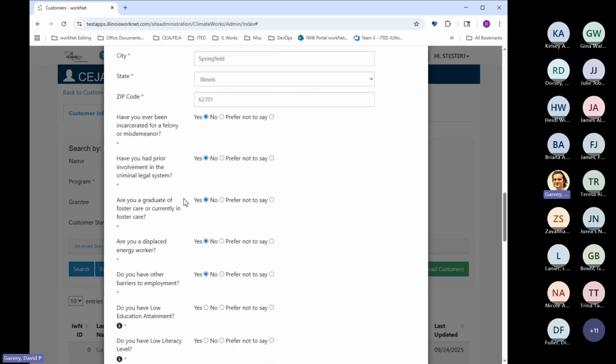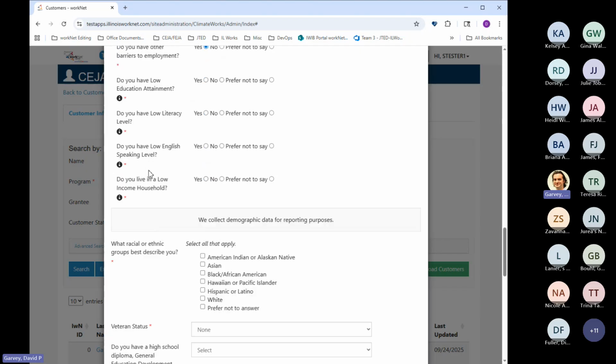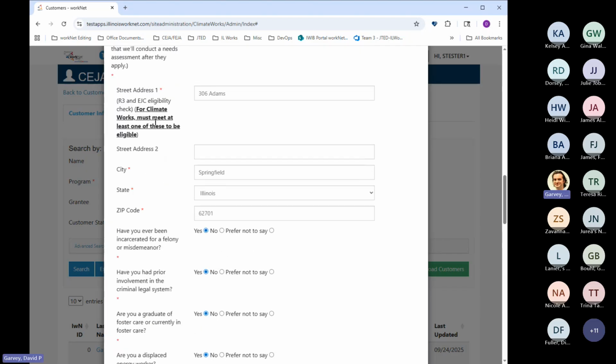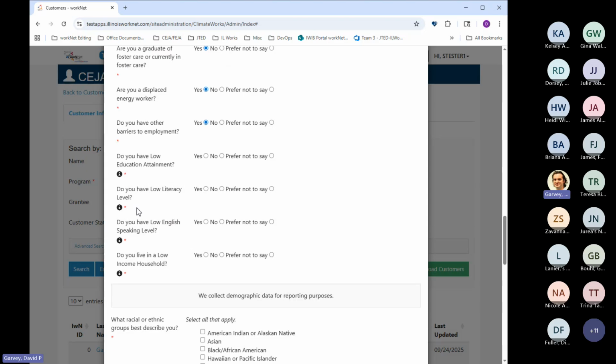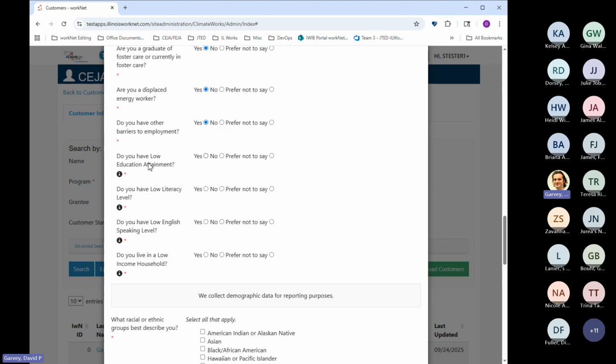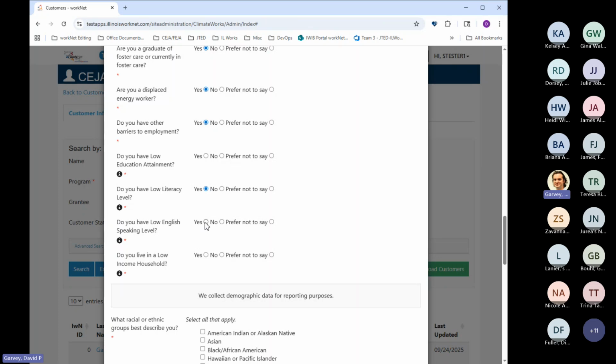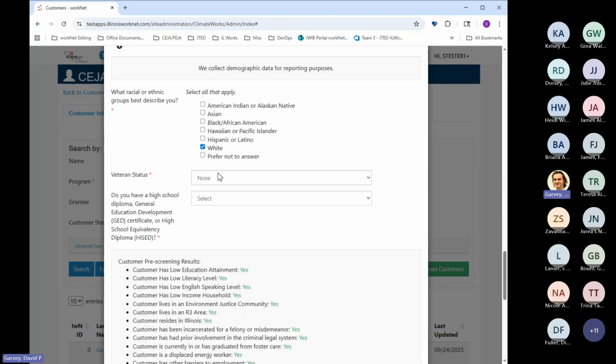In addition to address, meeting the R3 and EJC eligibility check there. But we do have info bubbles next to each question, just elaborating on what exactly this is, how that item is being defined here. And so let's say yes to some of these.